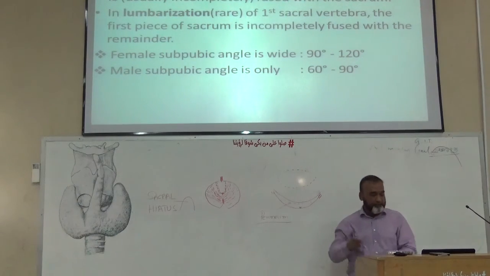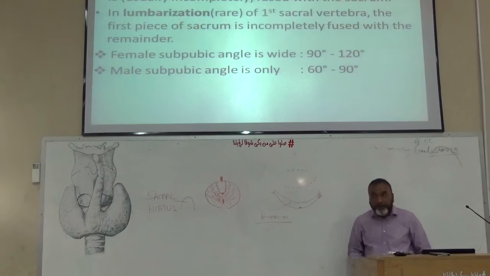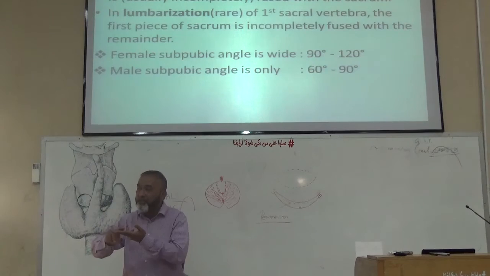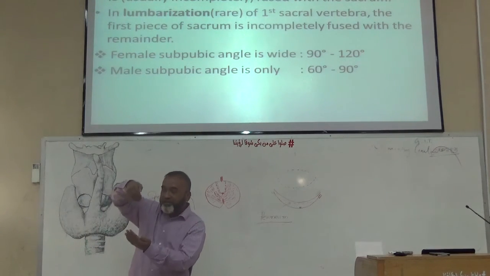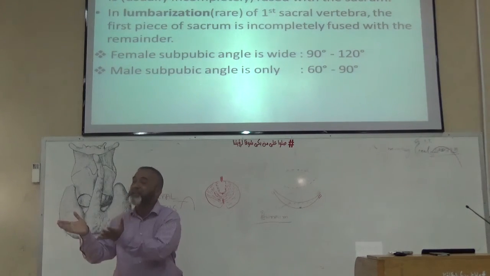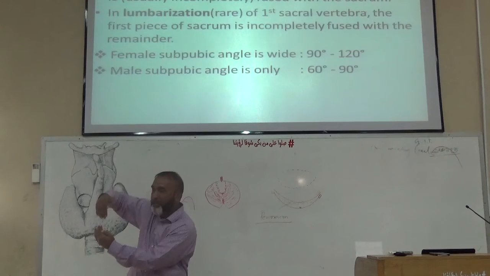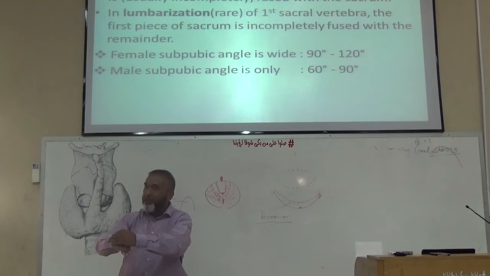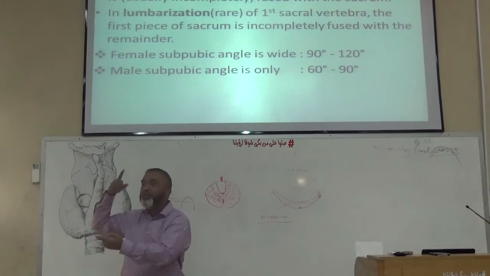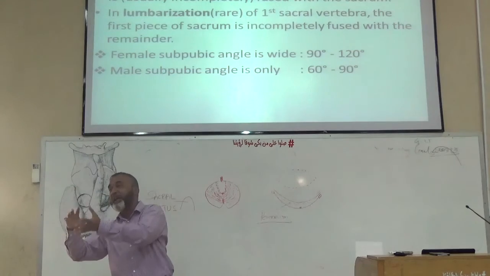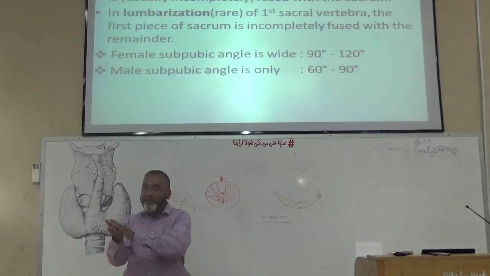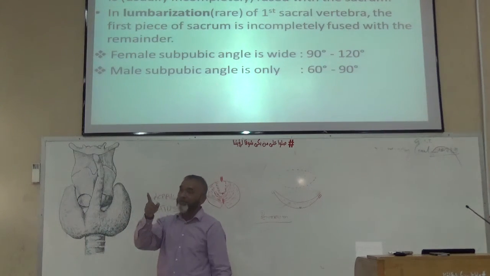Clear? Doctor, sacralization is with the lumbar vertebra or the sacral? In sacralization, the fifth lumbar vertebra is seen to be fused with the first sacral vertebra. What does sacralization mean? It is going towards similarity to the sacrum. What does lumbarization mean? It is going to be similar to the lumbar vertebra. So sacralization is, you can say, an abnormality of the fifth lumbar vertebra. Lumbarization is an abnormality of the first sacral vertebra. Clear?